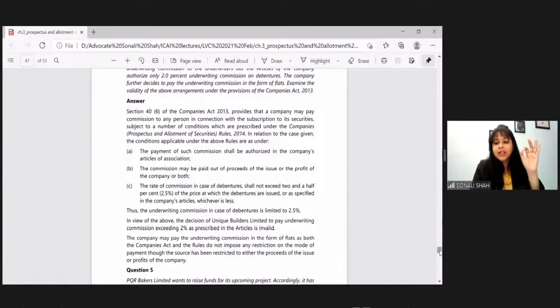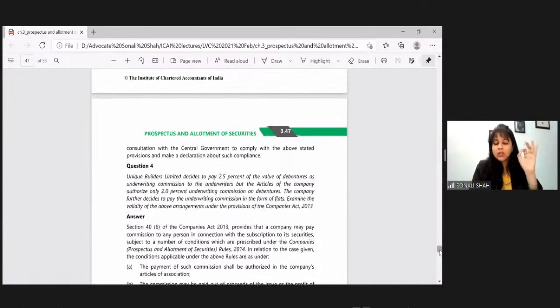If you look at the language of Companies Act 2013, it nowhere specifies that the payment has to be done only in the form of money. It only says that it has to be from the proceeds of the issue of shares, or it can be paid out of profit. How it will be paid, that is open to the company. So a lot of times there can be underwriting agreement where something is paid to the underwriter in return of something. So there can be such terms of the agreement. There is nothing wrong with that.